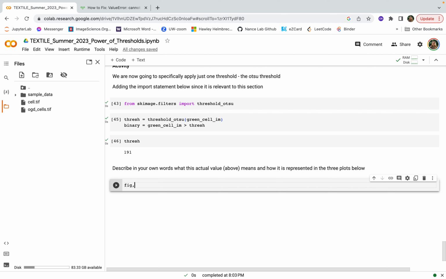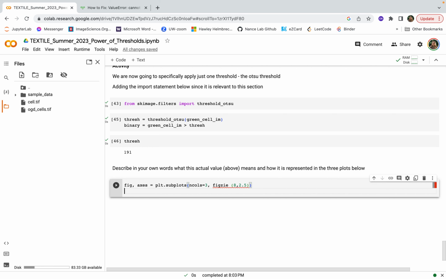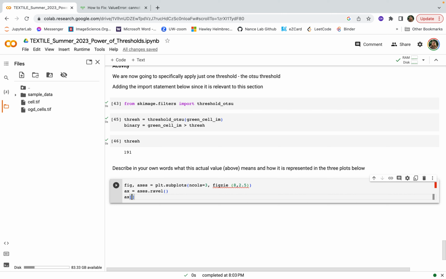So we're going to make the 3 plots below. So we're going to say these figures have these axes, and these figures are plot dot subplots, n columns equals 3, fig size. This just works for my computer. Change it for whatever works for your screen. Where the ax is axes.ravel, and ax0 is going to equal plot dot subplot 1, 3, 1,